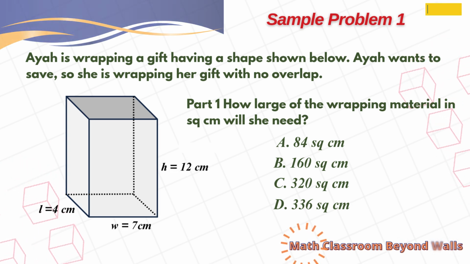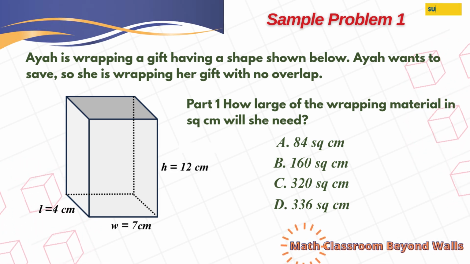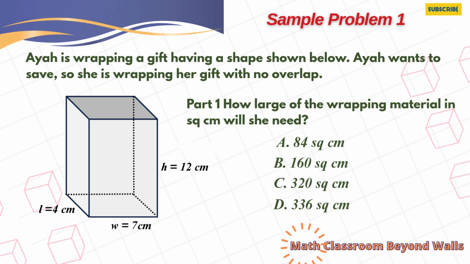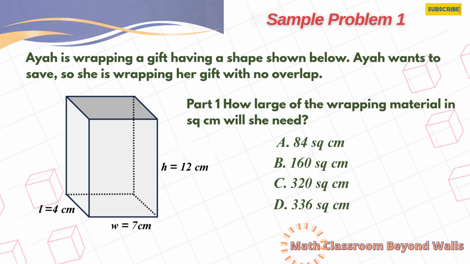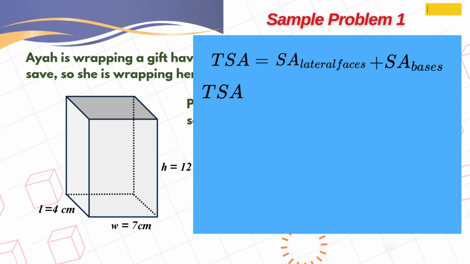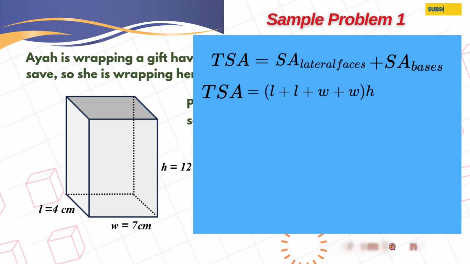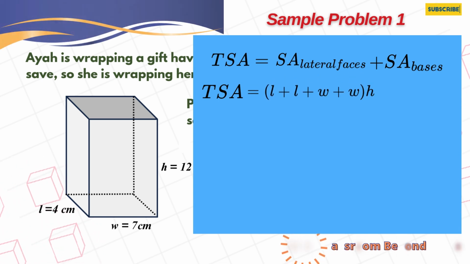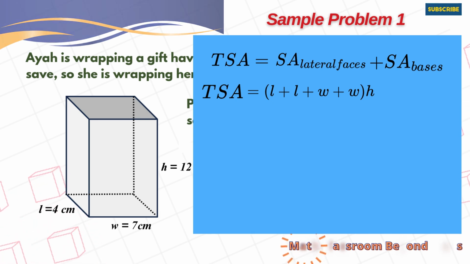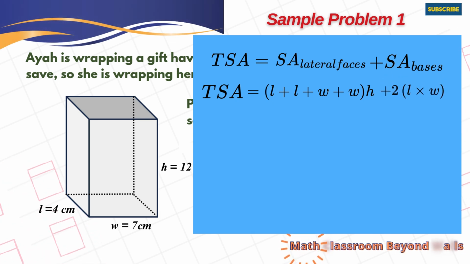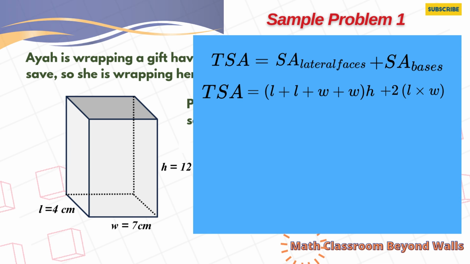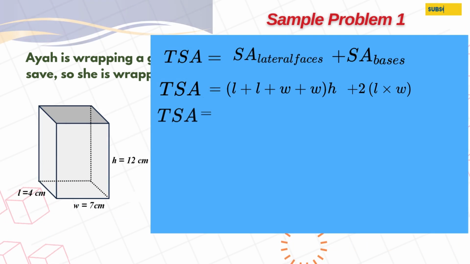Let us identify what each value represents. Let us have the formula we came up with earlier for the total surface area of the box or the prism. The surface area of the lateral faces is the perimeter of the base times the height, whereas the surface area of the two bases is twice its length times its width. Plugging in the values, we have